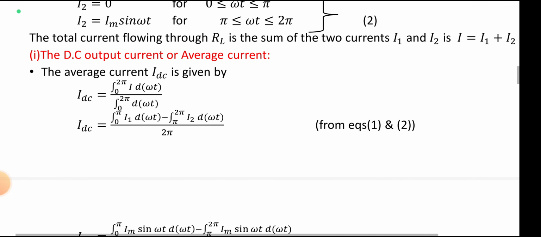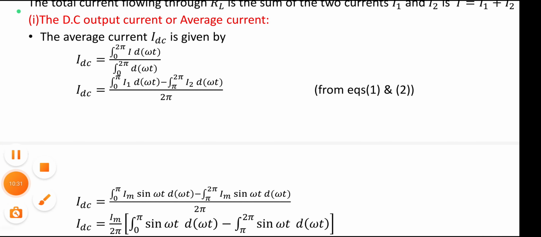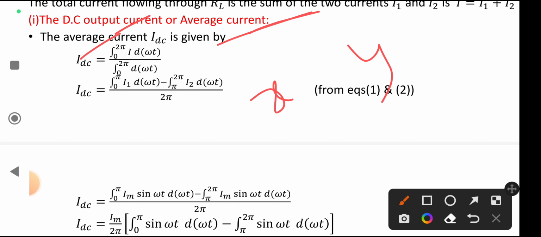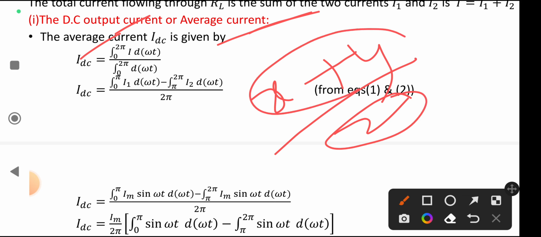Next, the calculation of DC output power. You have to calculate the DC output current, also called the average current. The average current IDC is given by the following. In basic mathematics, suppose there are two quantities x and y. If you have to take their average, you sum them and divide by the number of quantities in the denominator. So in the numerator the values are present, and in the denominator also, but in integral form we write it like this, above